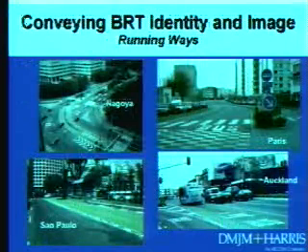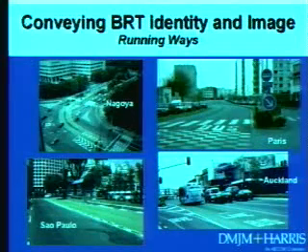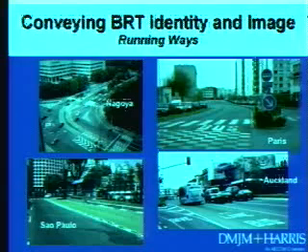Other running ways in various parts of the world, and you need to designate those things so that people don't wander down them. I mean, that always happens. When I was in Pittsburgh one Sunday morning, taking slides for things like this, I saw, early Sunday morning, a car with 4 drunk people go screaming down the busway, and then about 10 minutes later they came back. So people can get in there. We've got to try to keep them out.